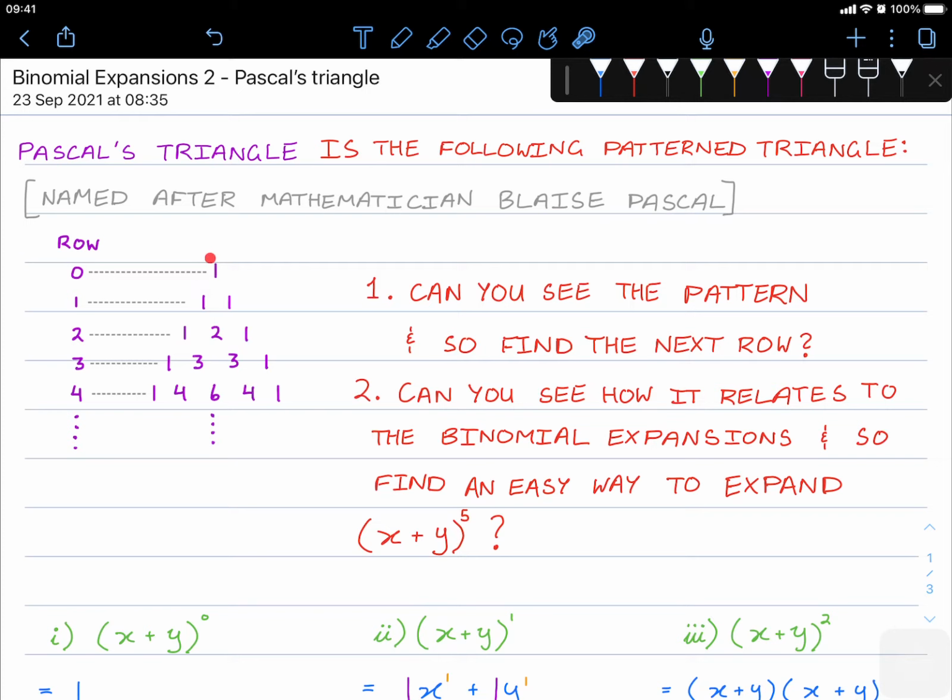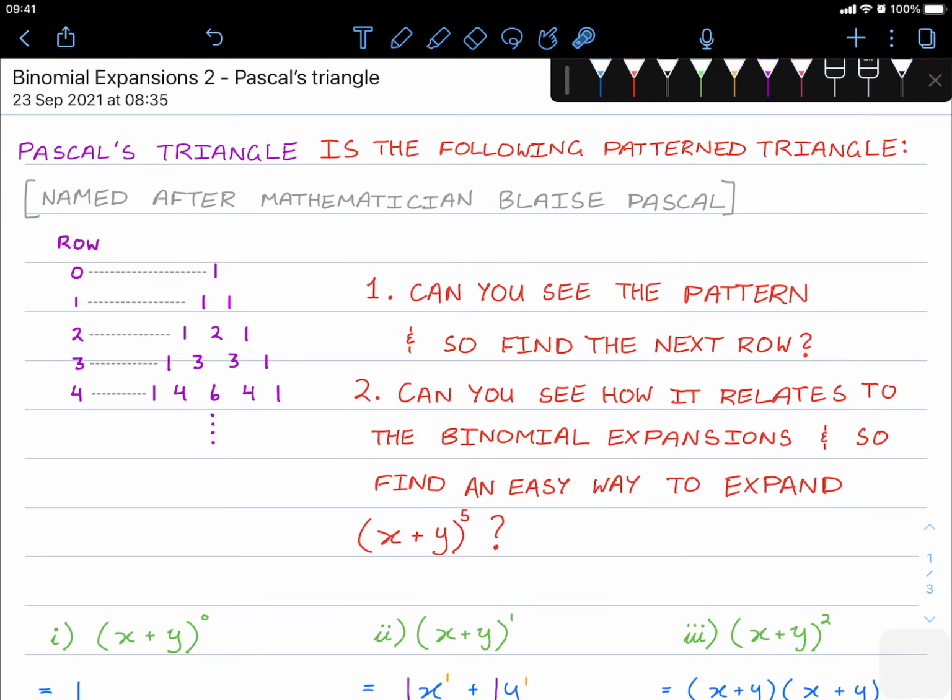So the triangle itself is this here. And this is the first 4 rows. Right, so it's row 0, row 1, 2, 3, and 4. So two things I want you to look for here is, can you see the pattern? And so can you find the next row? So what is row 5 going to be? What are the values of row 5? And once you do see that, can you see how it could possibly relate to these